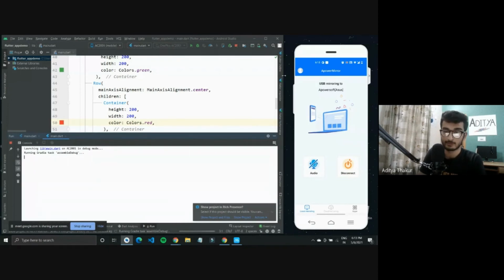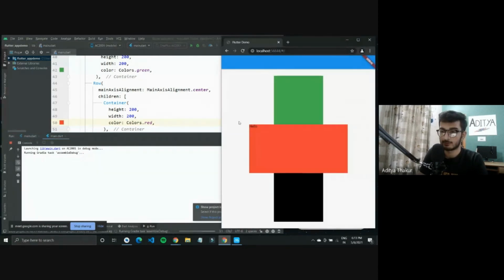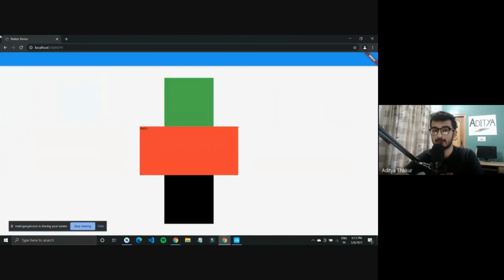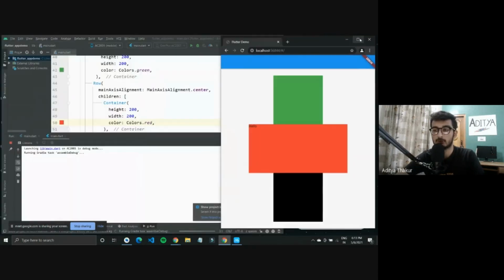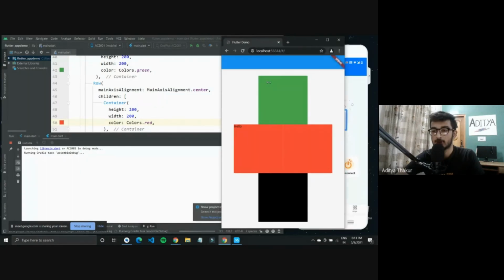We were working with web so far. Everything that I was doing was happening here on a localhost. This was for Flutter web, but all these things would look similar on the mobile device. The only changes would be in adjusting according to the width and the height of the mobile screen, because on Flutter web these widgets can expand to the full screen of the desktop. The size is really big, but on a mobile device it would be limited, so we'll have to adjust our widgets accordingly.